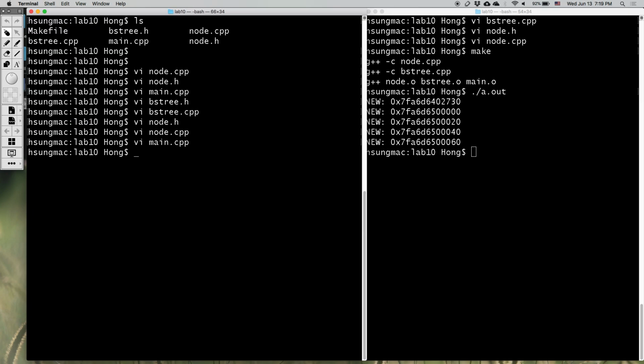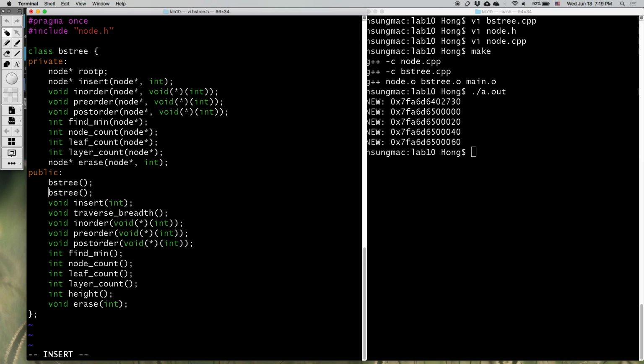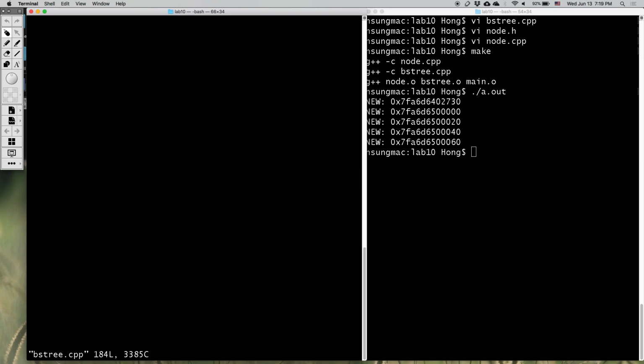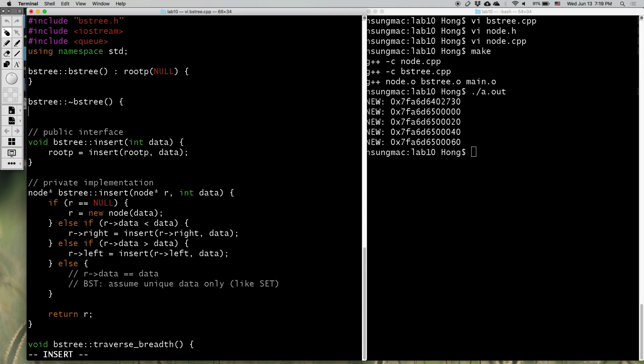So in the BS tree implementation, let's give a destructor there. If you recall, for the destructor of stack, queue and list, we had